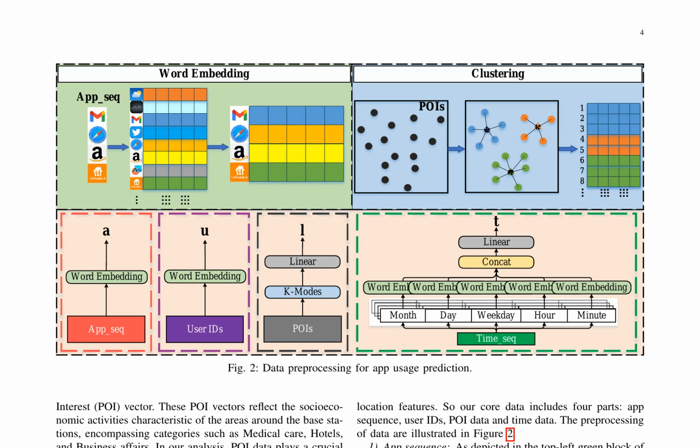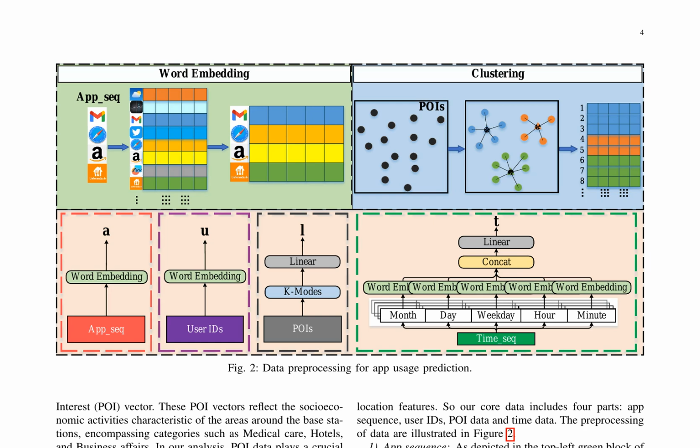week-long period in 2016. The dataset consists of various feature data types, including application sequence, user IDs, timestamp sequence, base station IDs, and points of interest (POI) data. The goal is to develop a predictive model capable of precisely predicting the next application a user is likely to